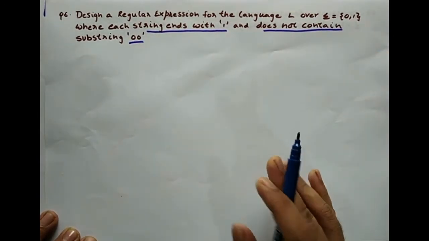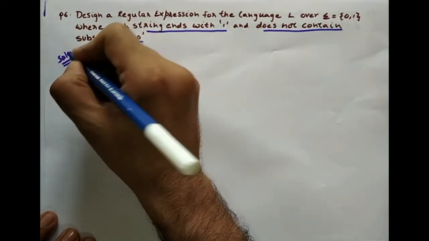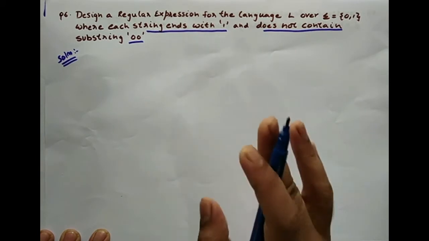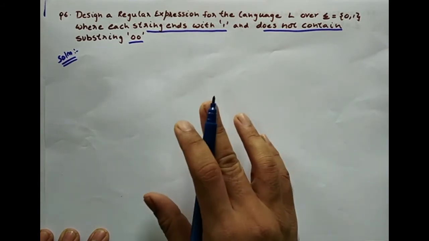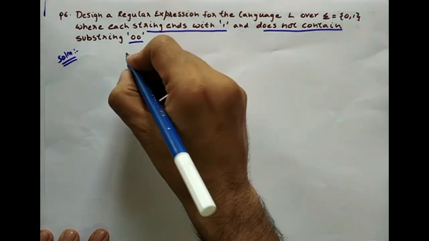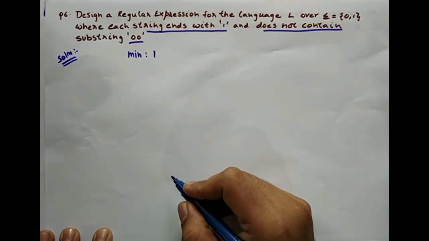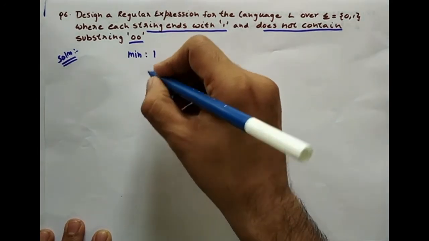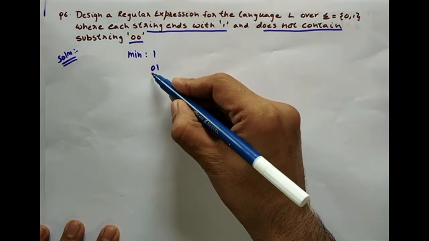Okay. Now, as I've always said, you should always start thinking about the minimum possible strings. So if I ask you, what will be the minimum possible string? In this case, null definitely will not be the minimum possible string because every string should end with 1. So if nothing is there, then at least 1 will be there. So the minimum possible string in this case will be 1. Then let's see what are the other strings that we can have. Can we have 0, 1? Yes, possible, because the string ends with 1 and there is only 1, 0.